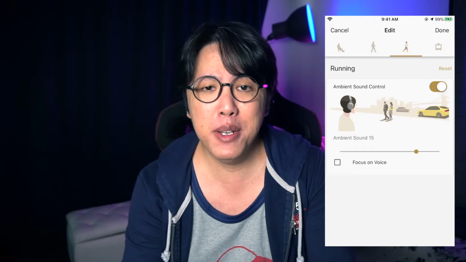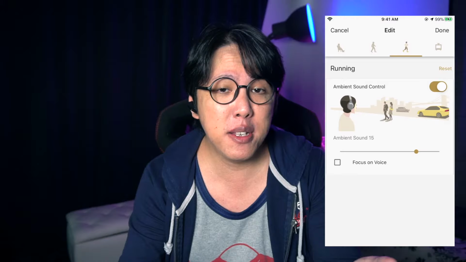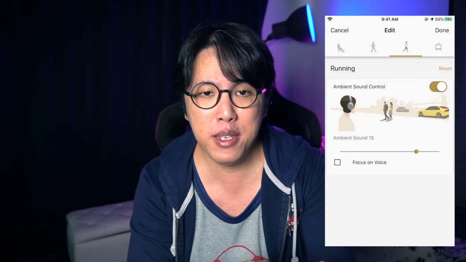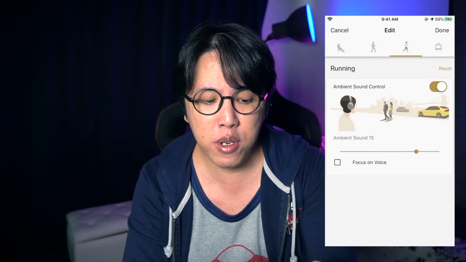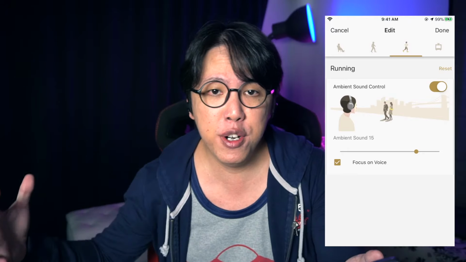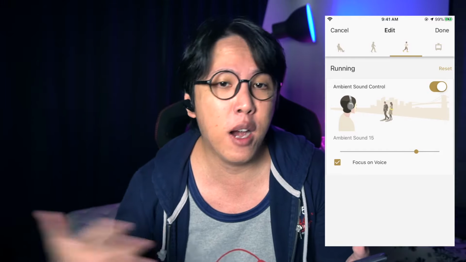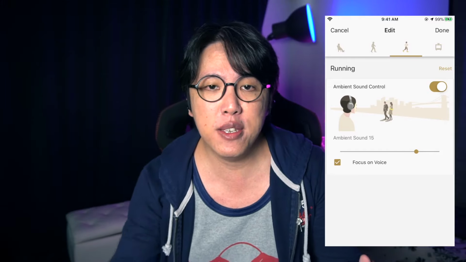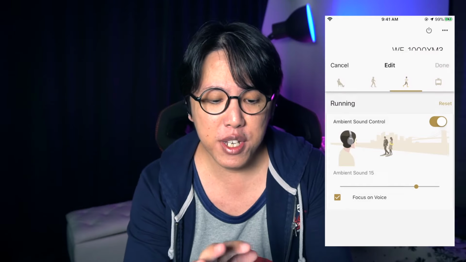Or perhaps you're somebody who likes to run in pairs, say with a partner, then it probably makes a lot of sense to have ambient sound pass-through set to 15, like in this instance, and activate focus on voice. Because by doing that, you will be able to hear your partner's voice, say when you're running and having a conversation at the same time, which is something that I will never be able to do because I have very poor stamina. But it really is up to you to decide how much noise cancelling you want for each given